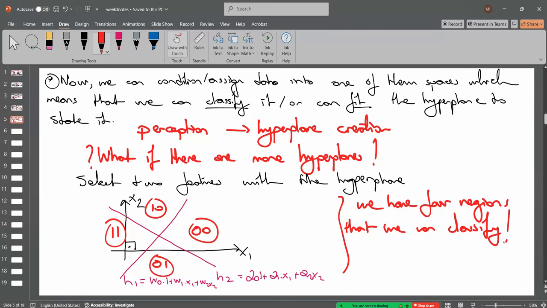Okay, and so if we add another hyperplane, we can build to the 8 planes, which means that if we have 2 hyperplanes, 2 over 2. If we have 3 hyperplanes or 3 neurons, we can classify 2 over 3, which equals 8 regions in here. Okay, but